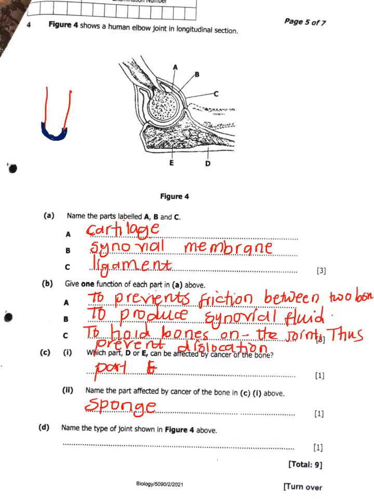Now for Roman number 2, for D, name the type of joint shown in figure 4 above. For this joint, we are given the elbow joint. So what type of joint is the elbow joint? This is a hinge joint. It's a joint that allows movement in one plane only. Okay, now let's move on to